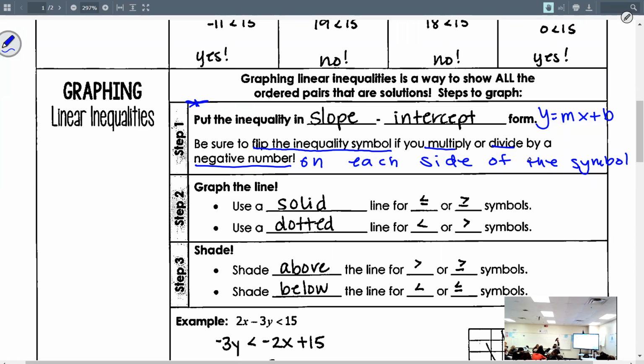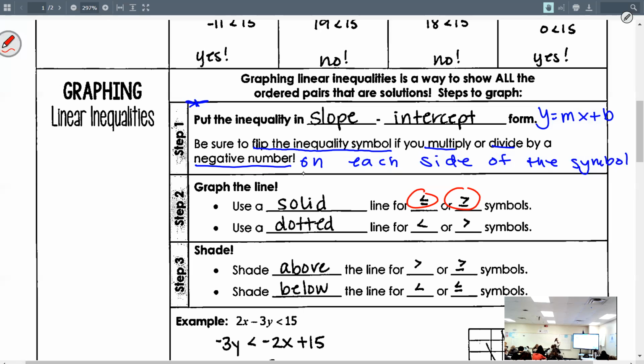To draw the line through it though, you have 2 options now. It's either going to be solid or dotted. I usually say dash, whatever. For the solid lines, it's for these 2 symbols: less than or equal to, or greater than or equal to. All right, an easy way to remember that